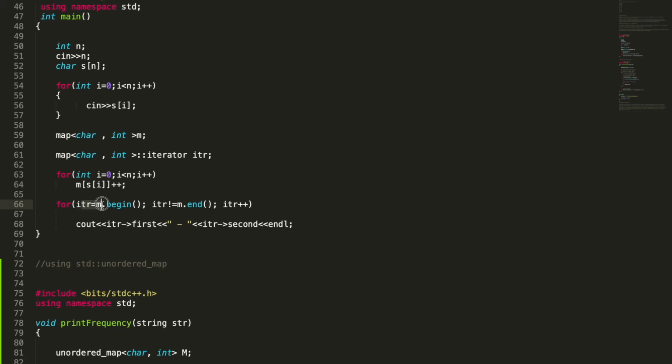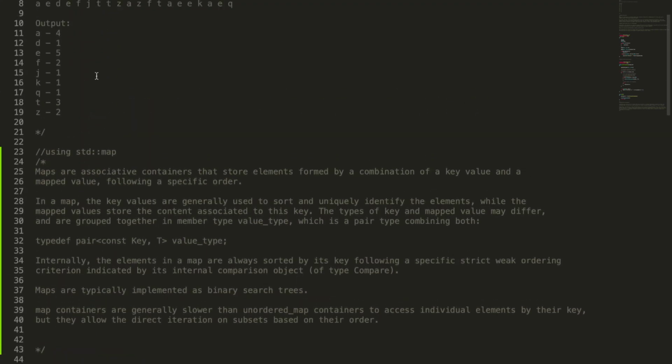This is the reason we have used the iterator, which we defined here. If you want to access the first element of that map, this is the format of accessing the first element in that particular hash table, and similarly for the second. So our output will be in this format.